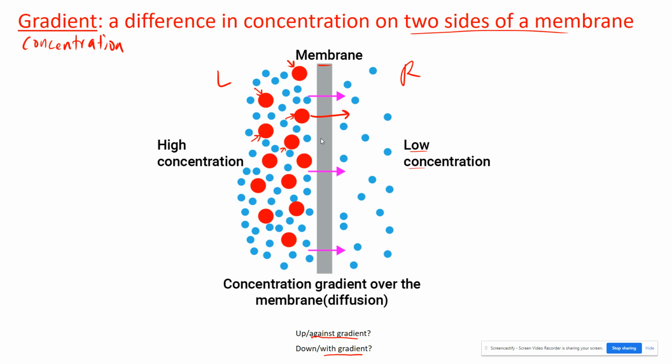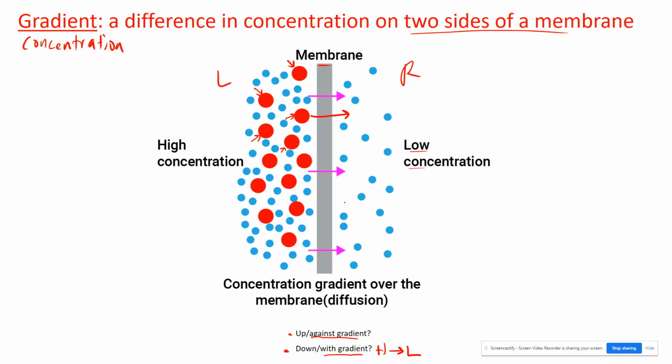If you want to think of the word down as in like down a waterfall, that is the natural way that gravity would take the water. It's down the gradient. So high to low concentration is with the gradient. High to low. Actually, this would be a good thing to write down here. And then up the gradient,